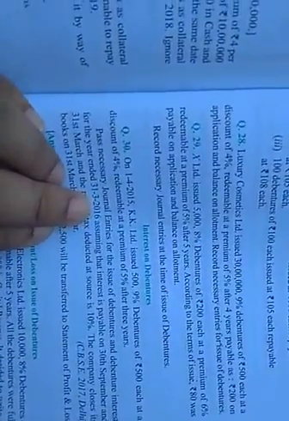In front of 9% debentures, already I told you, we need to multiply the number of debentures, that is 500, with the face value per debenture. Face value per debenture is 500. 500 multiplied by 500, you will get the answer 2,50,000. Okay, so this is the journal entry at the time of issuing the debentures. Now further reading out the question.